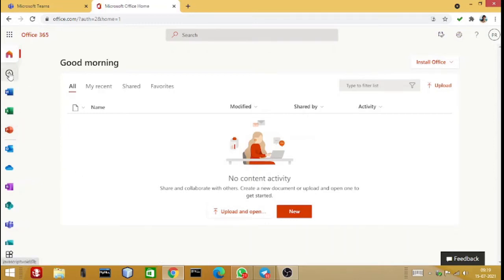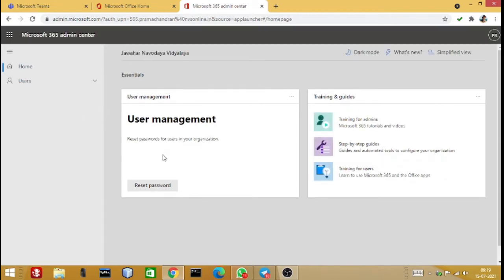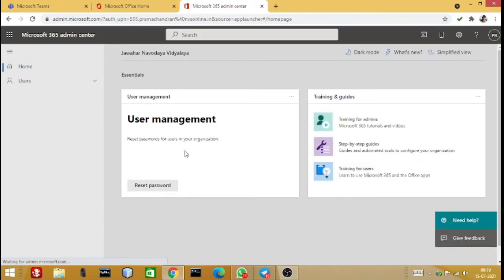Now you can see on this side so many options are available. You just have to scroll down, and here you will find an option called admin. Just click on the option admin. When you log in the first time, it will ask for passwords and other things, but I have already logged in and some of the passwords are already reset.